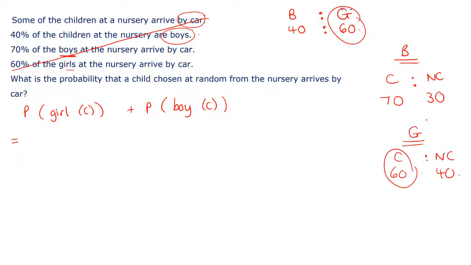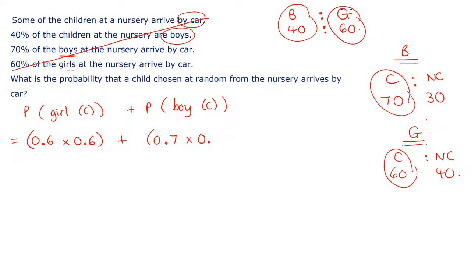So I'm going to use decimals because it's the easiest way. So I'm basically saying that I've got 60% of 60%. And then for the boys, the ones that come by car, that's 70% of the 40%. So 0.7 times by 0.4, which is 0.36 plus 0.28,